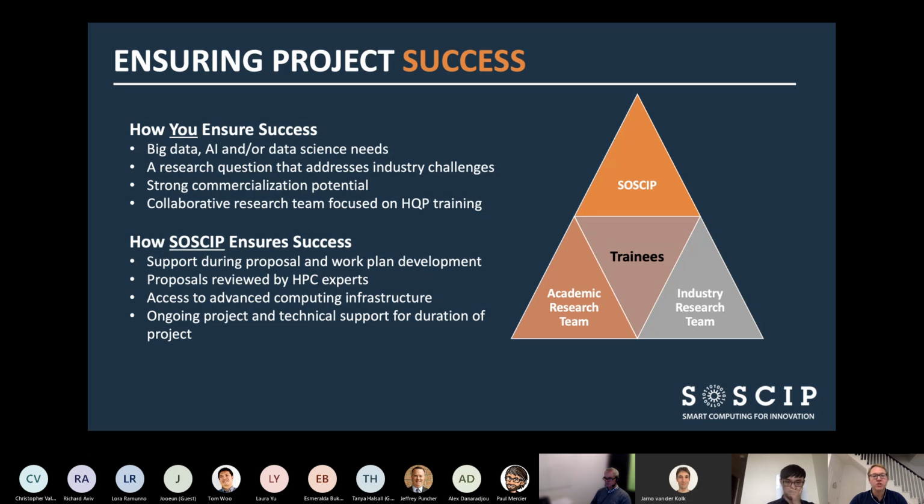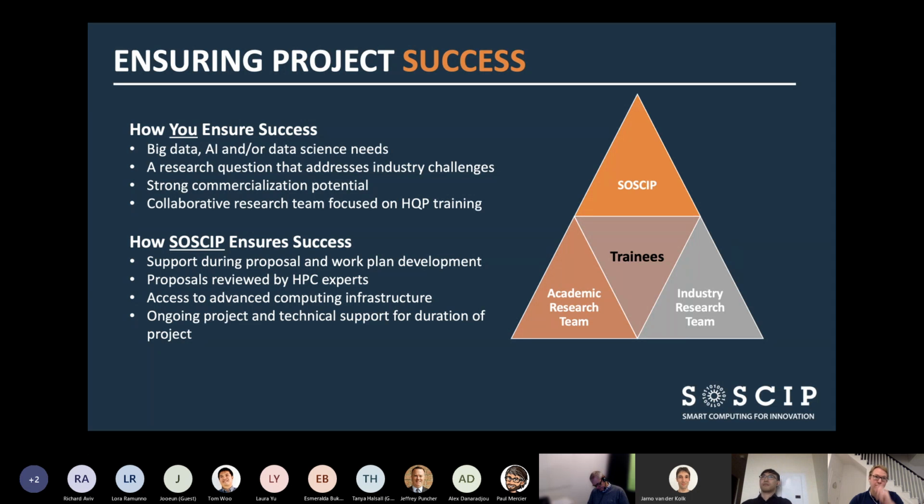Generally, there needs to be an industry challenge or an industry question that we're looking at supporting, that the academic partner would come on and the team would support and work towards. Ideally, we would like to see a bit of commercialization potential. On the industry partner side, ideally they can take the research that is developed during this project and move it to market, or help them improve processes, or allow them to mobilize the outputs of the research. Not a requirement, but definitely it's what we like to see.